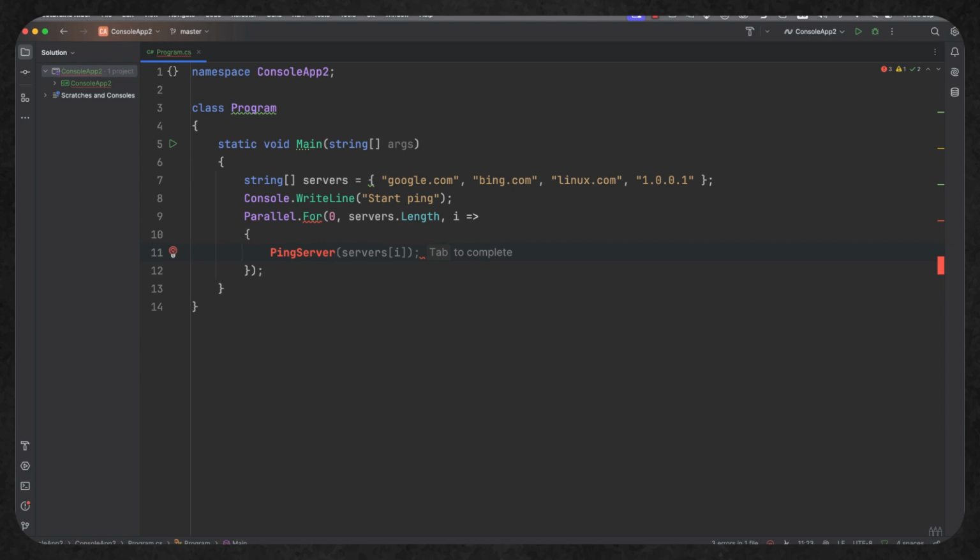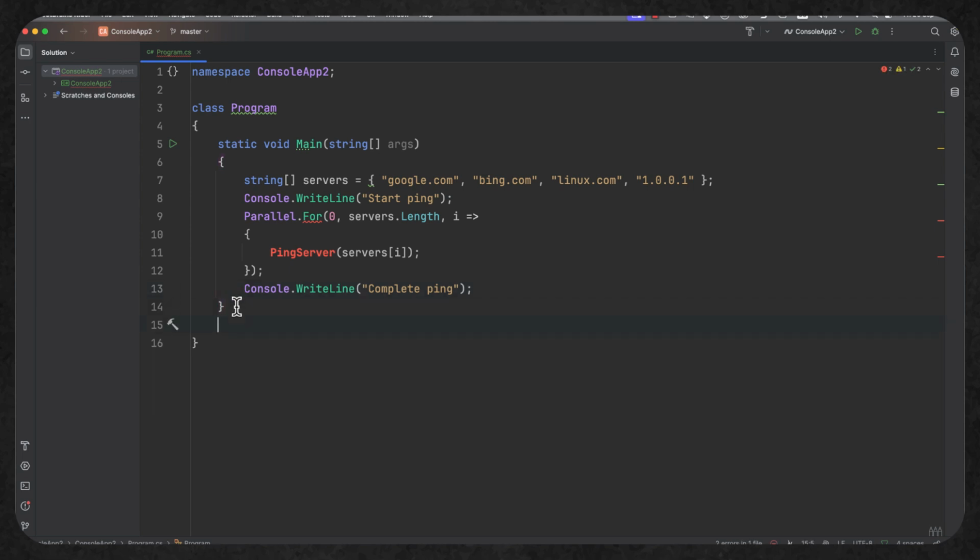But you can also see the IntelliSense that's coming up that knows to go to servers on the current iteration that we are on. But it's not going to do this one by one. It's going to be able to do it in parallel depending on the amount of threads that I have available. Once we finish pinging our servers, we can write some kind of closing method so we understand that we have finished. So I'm just going to put complete ping. And there you go. We are done and dusted with our main method.